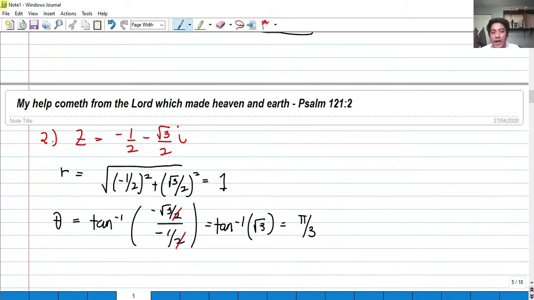It is always an acute angle. But the theta here is incorrect. We need to still identify first what quadrant our complex number belongs to. So we have a negative and negative, that's in quadrant 3. So if it lies within quadrant 3, upon getting the theta from our calculator, we need